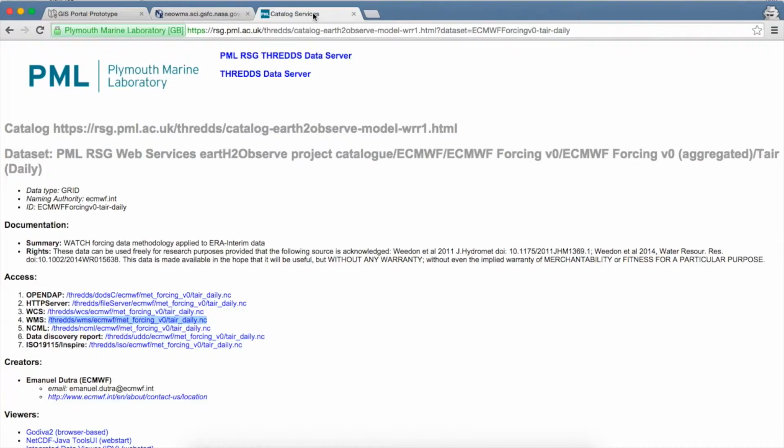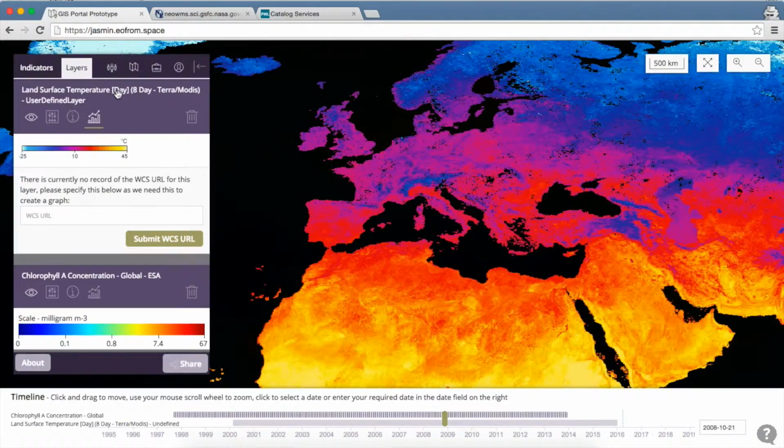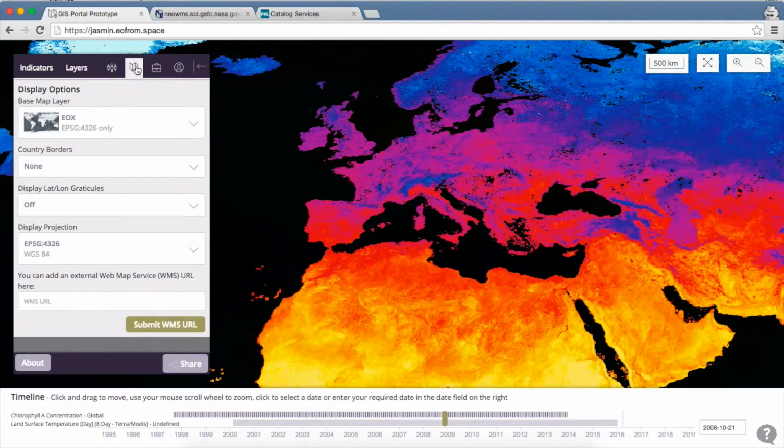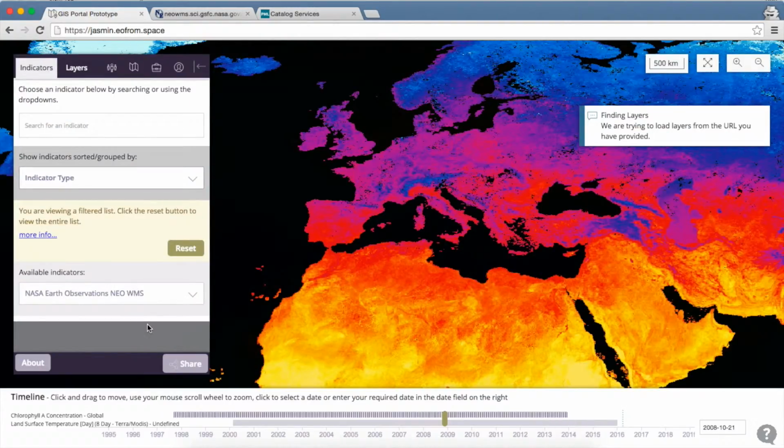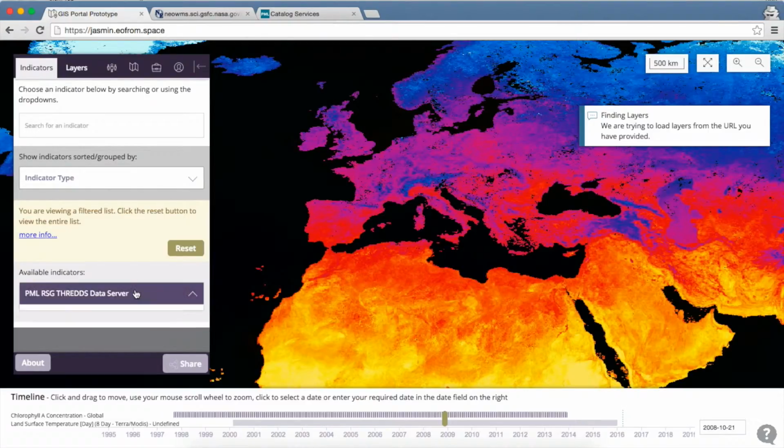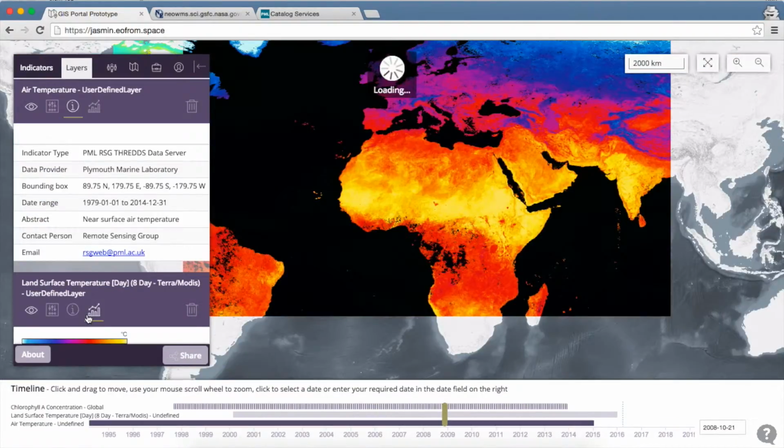So I have over here, this is our THREDDS server at PML, and this particular data set is a model data set, and it is daily air temperature. So I'm going to copy the WMS address, go into my display settings panel and paste that URL in this box here. So again, it will go off and contact the WMS server and come back with a list of available indicators at that address. So there's just one in this case, air temperature. By clicking on that,